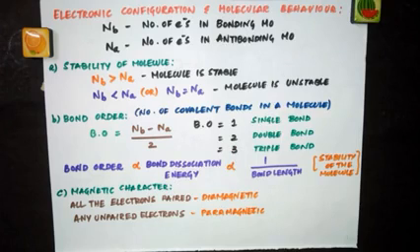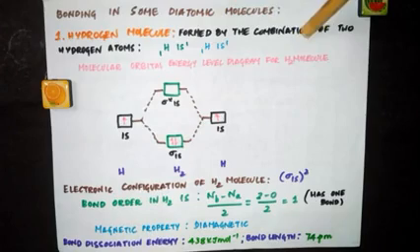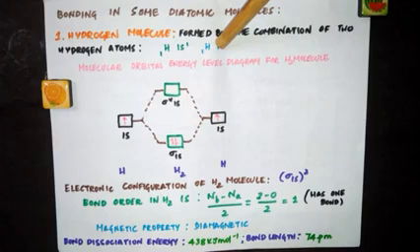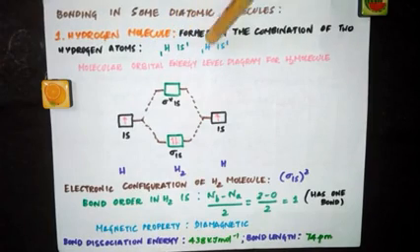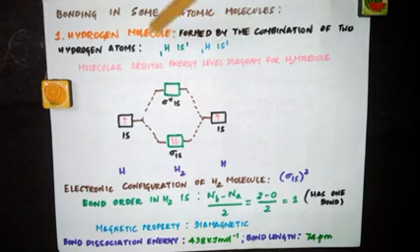Now we will move on to the examples. We will see bonding in some diatomic molecules. First, let's take hydrogen molecule, and it is formed by the combination of two hydrogen atoms. So let's take two hydrogen atoms. Each hydrogen atom has one electron in 1s orbital. See, this is the electronic configuration of this hydrogen, and this is the electronic configuration of this hydrogen atom, 1s1 and 1s1. So each hydrogen atom has one electron in 1s orbital. So there are two electrons in hydrogen molecule, because these two atoms are going to combine to give you H2 molecule.